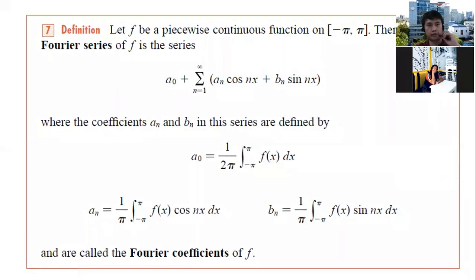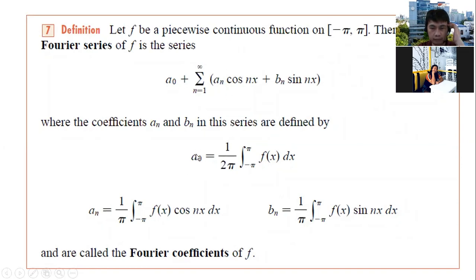Let's continue the discussion about the Fourier series. So last time we defined the Fourier series as a function, piecewise continuous function on this interval from negative pi to pi. So then the Fourier series of the given function is a series in this form, and we derived